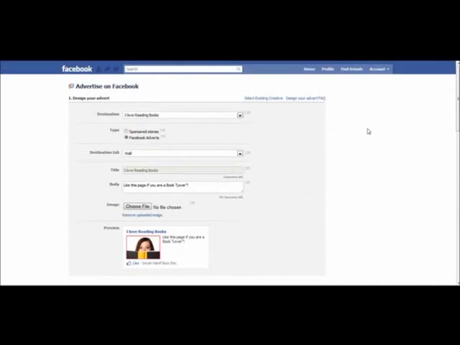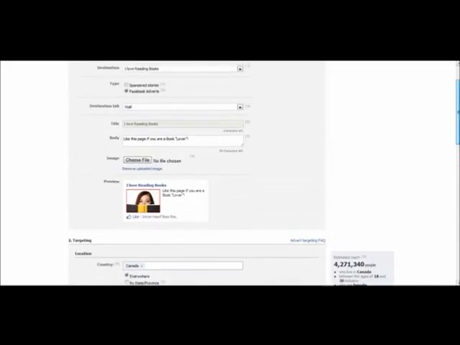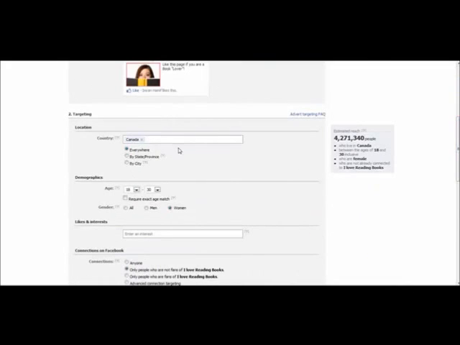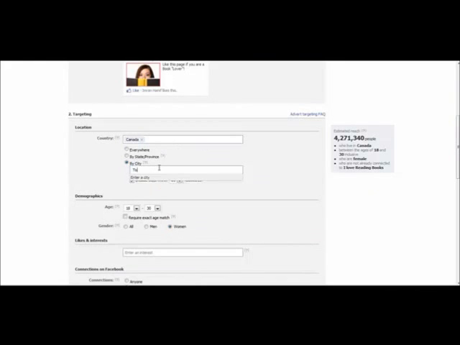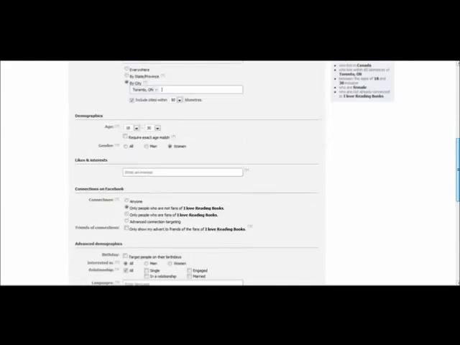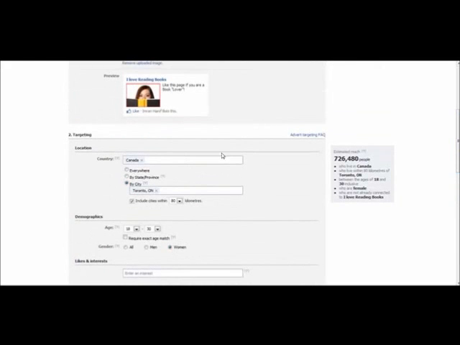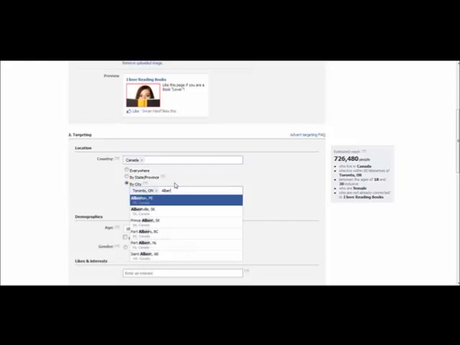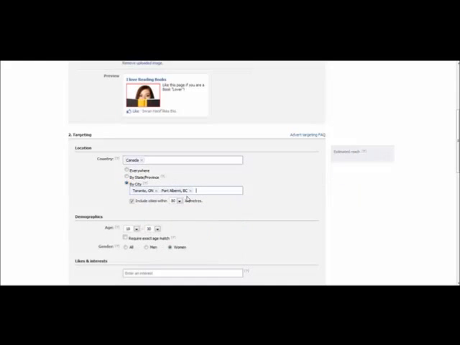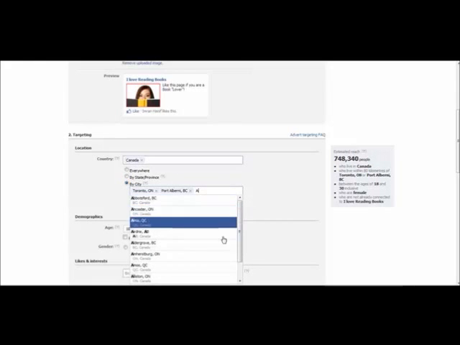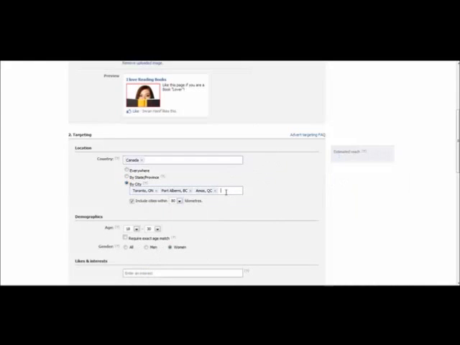If I was to create an ad for Canadians, I can actually do it by state. So I can put down something like Toronto, and there's 726,000 people in Toronto, and you can see the impressions and the suggested bids have gone down drastically. Let's type in something like Alberta, just all of these states in Canada. This is the whole beauty of targeting your ads.